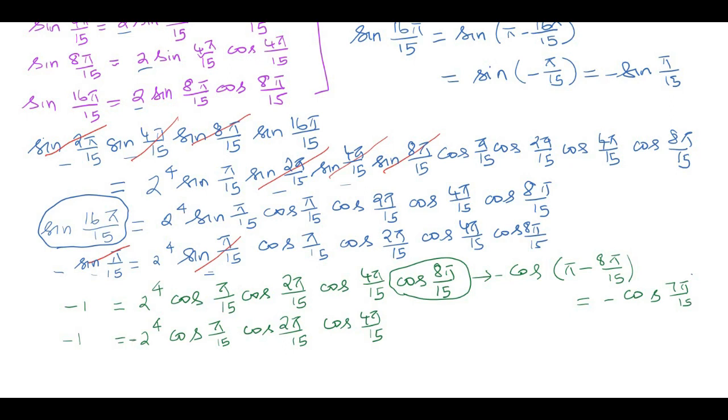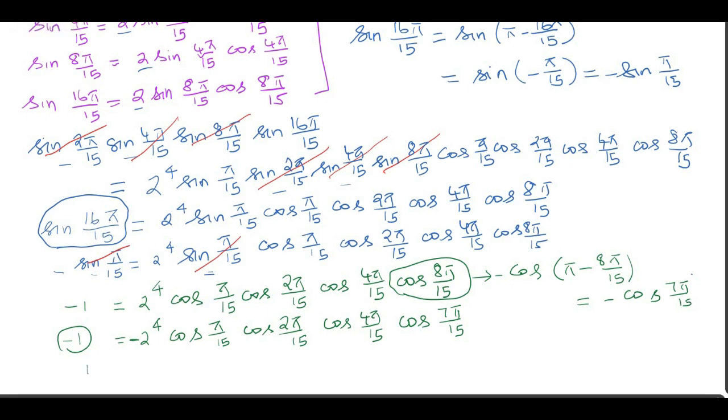So there becomes a minus symbol here, cos 7 pi by 15. So minus 1 here, minus, so we can write this as 1 is equal to